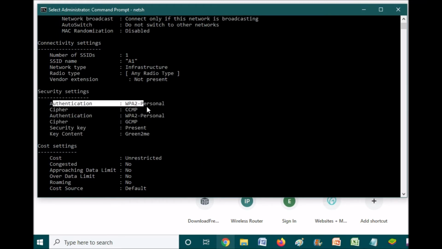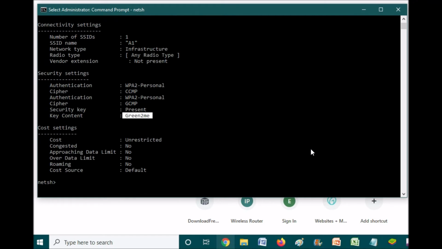It has the authentication type WPA2-Personal or WPA2-PSK, which is what is written on the mobile. Security type is present. Key content, which is the password, capital GREEN2ME. So this is the password which the WLAN A1 has.